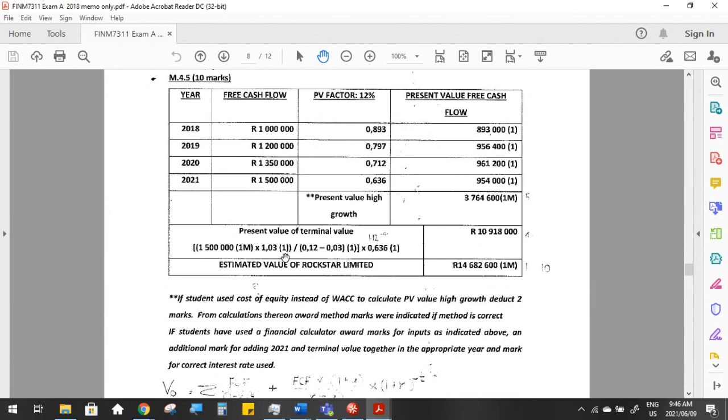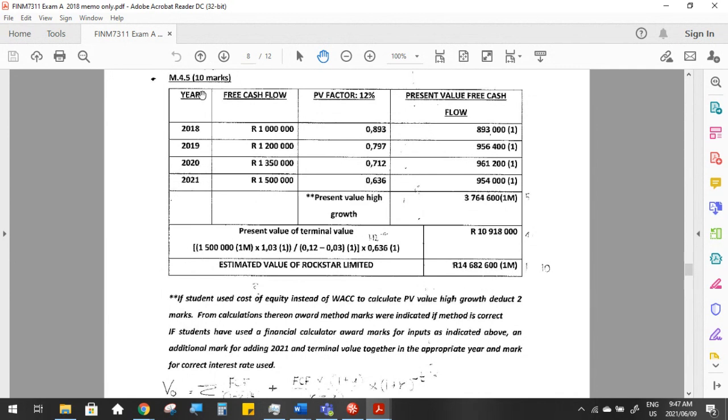And that is over WACC, in other words, K minus G. So this is again the same as D1 over K minus G. So D1 means take the last D in inverted commas, grow it by the terminal growth rate of 3% to get D1, and then over K minus G, so K being the WACC minus the growth rate of 3% given to us, multiplied by the present value factor of that last year, that same one, will then give us the terminal value, and then we add those two together to get the total estimated value of Rockstar